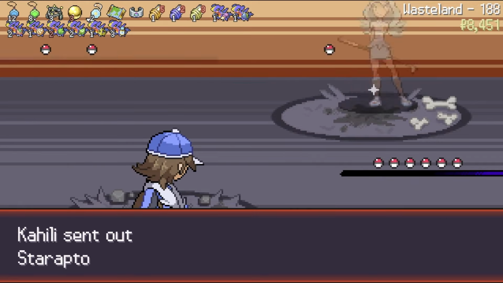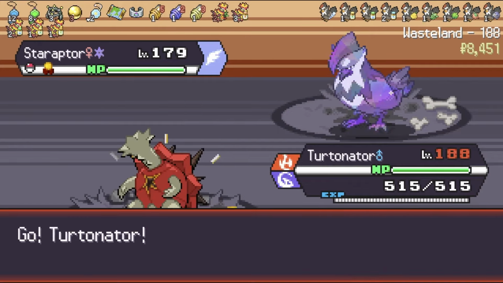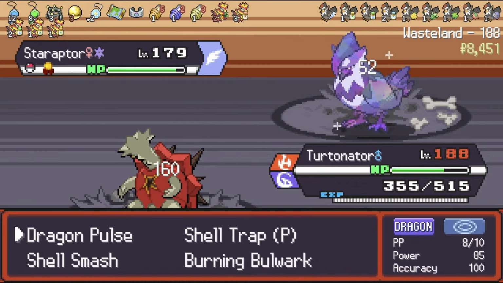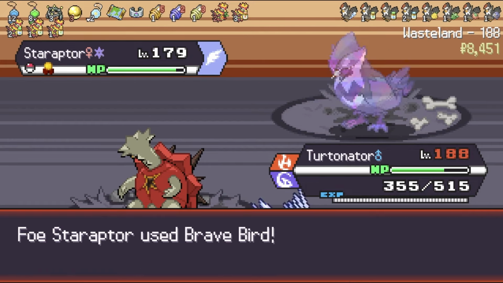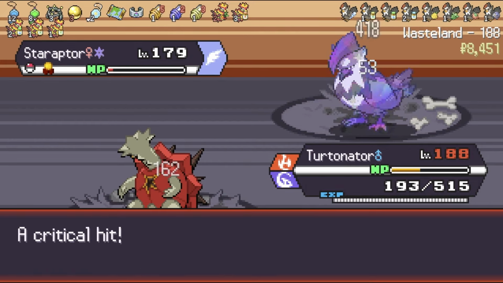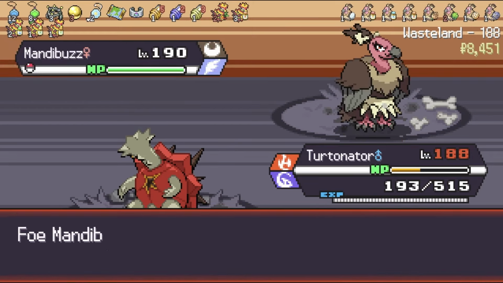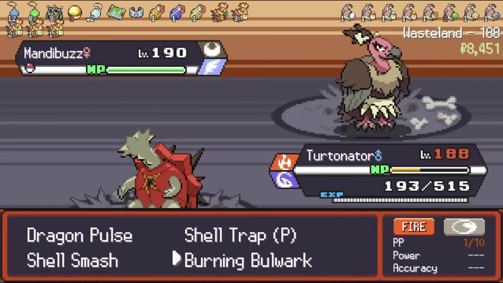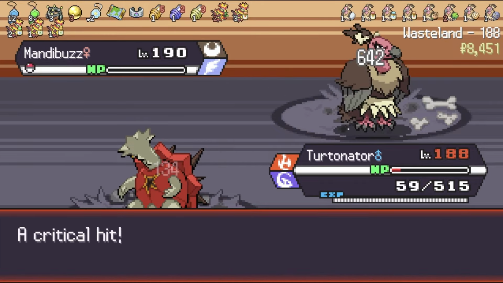Her lead is a Staraptor with Intimidate, which definitely isn't ideal, so we switch into our bulky Turtonator on the Brave Bird. Then we Burning Bulwark to burn up her Lumberry. We take another Brave Bird and fire off a Shell Trap, taking down her Staraptor. Mandibuzz comes out, so we Bulwark to Scout, and it's Dark Pulse. So we risk it and stay in, survive the Dark Pulse, and land a critical hit Shell Trap, taking down